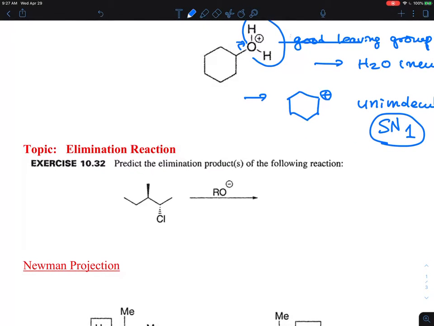Okay, so here they said it's an elimination reaction. This is an alkoxide, which is a strong base. So this is a base, and it is trying to find a hydrogen from somewhere. And then you can see that here the chlorine carbon is here. The chlorine is here,